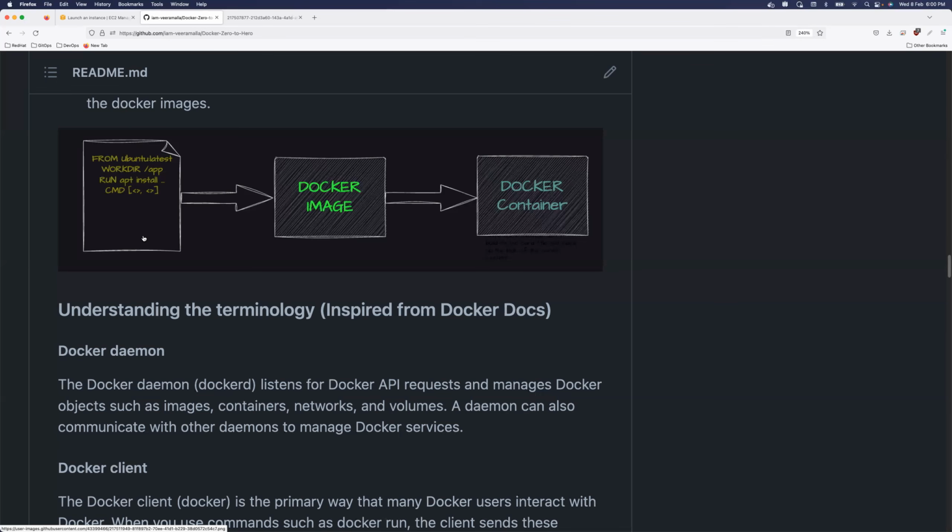And once you put the source code, run the specific commands. If it is Node.js, run npm commands. If it is Python, run pip commands, so that all the application libraries and dependencies get installed inside this Docker image. Finally, you say execute this, run a local server, or run a specific set of commands so that the application gets started. This is the set of instructions you write in a Dockerfile. Now using the Docker CLI, you submit this Dockerfile to the Docker daemon using the docker build command, and it creates a Docker image for you.